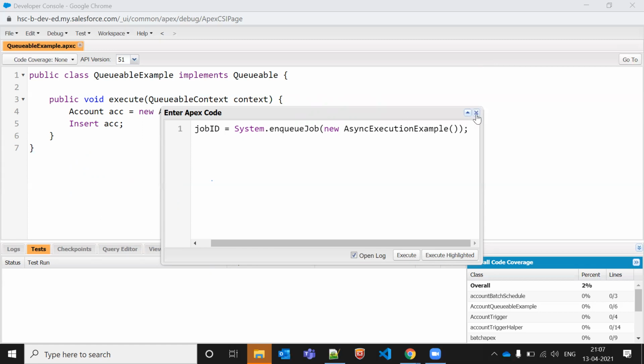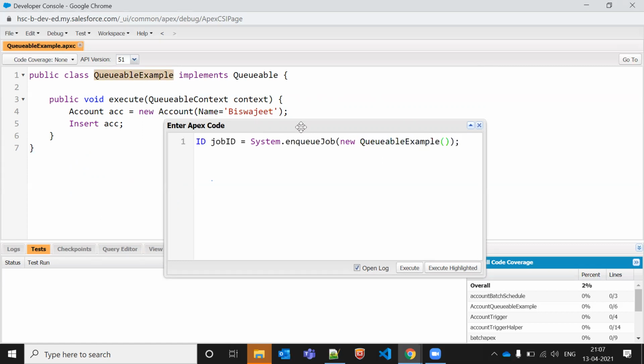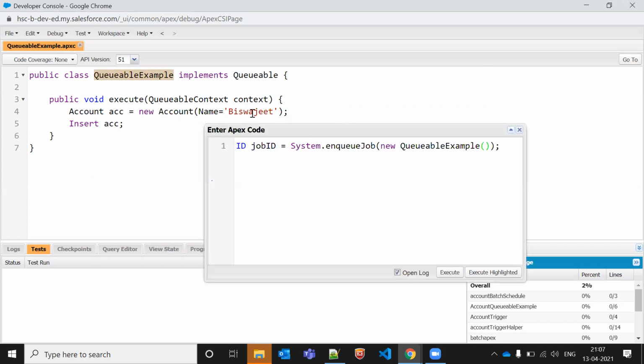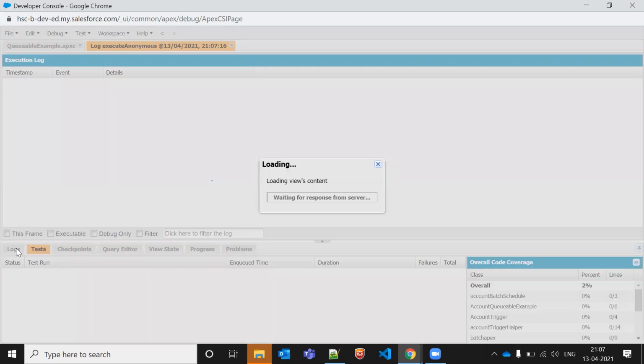Okay, so how can we execute this? Let's execute this one. This is my queueable class name, and I'm just calling this one, with the name Vishwajit. Let me click on the execute button and show you the logs. This is also a part of the asynchronous process.